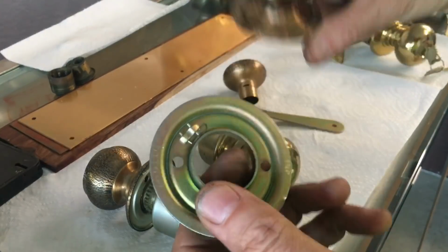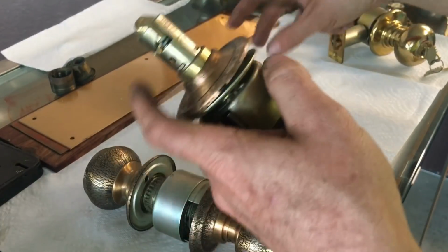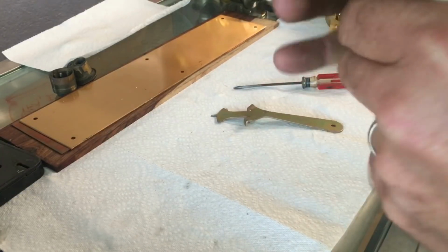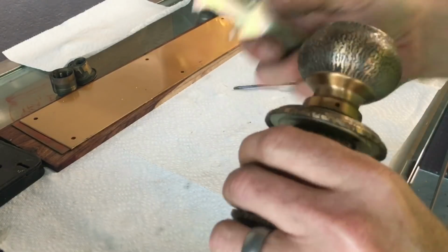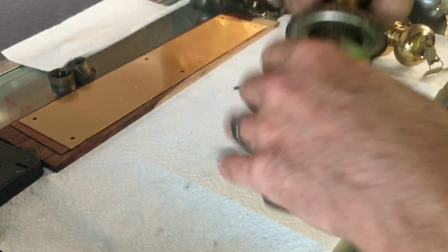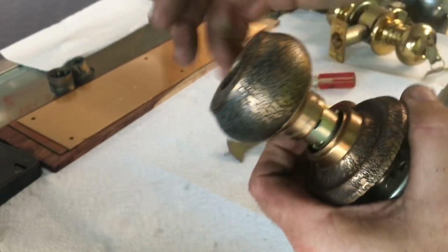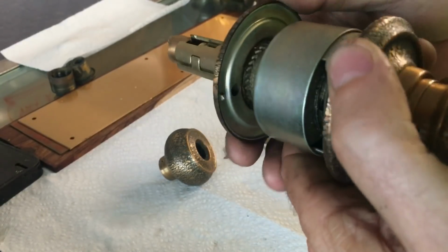And there's 2 screws that hold it on like that. So the difference in the A versus the D is it does not use that at all. It uses no screws. It only uses this rosette. So when you come up to the door, if you are taking this off and you are not familiar with it, you would push the knob in and try to pop that plate off, but it's not going to come apart because